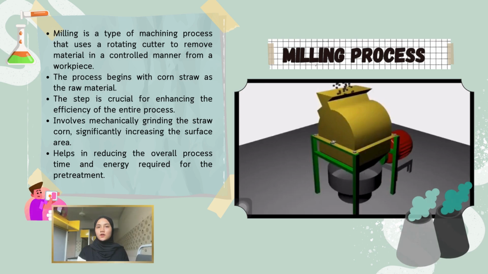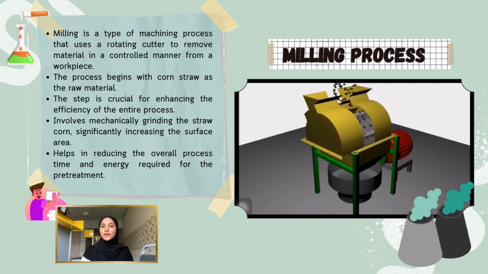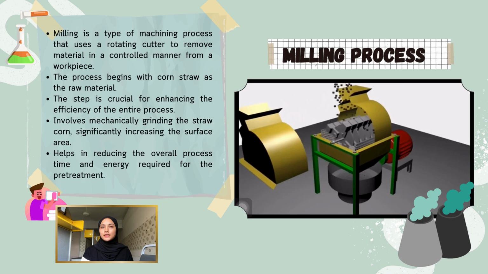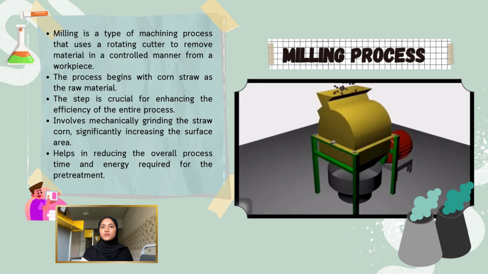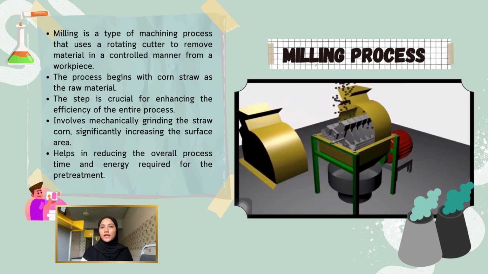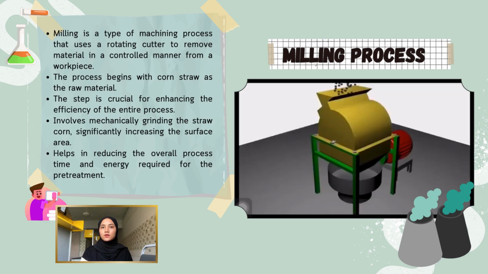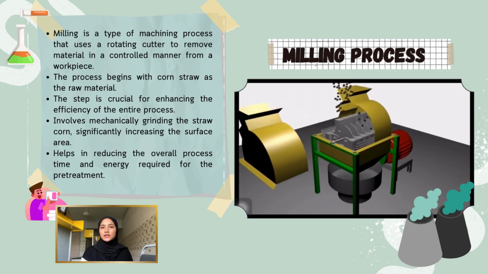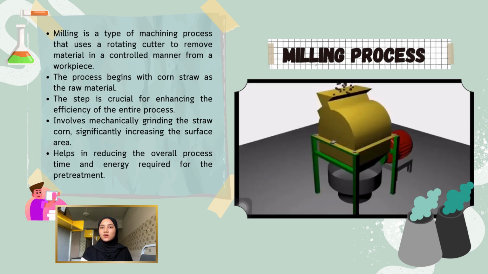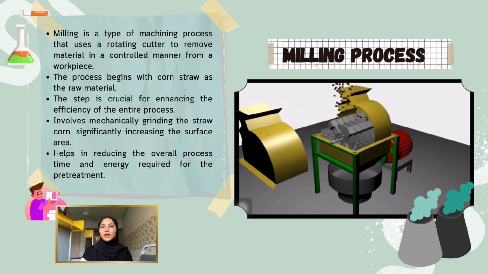The first process of the production of ABE is a milling process. Milling is an initial step in the processing of corn straw, serving as the foundation for enhancing the efficiency of the entire process. The milling process mechanically grinds the corn straw into smaller particles, significantly increasing the surface area. This breakdown of larger straw particles is essential as it reduces the overall processing time and energy required for subsequent